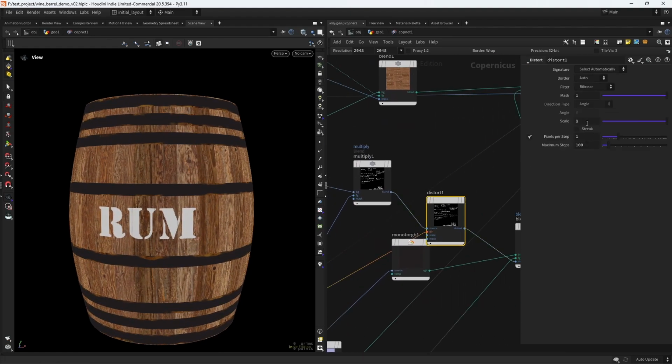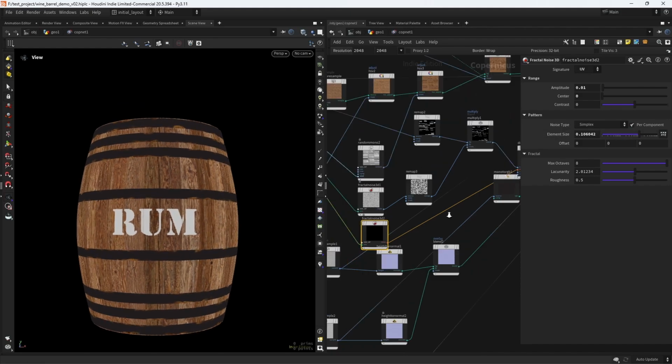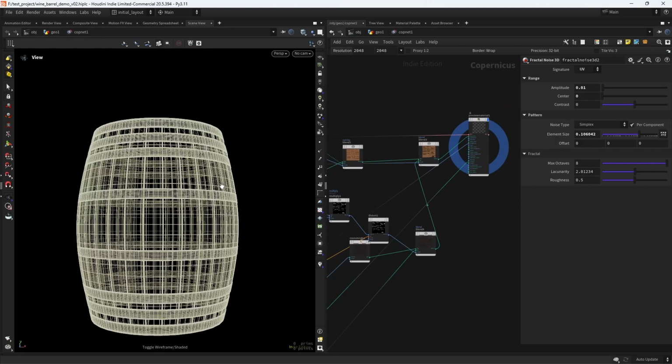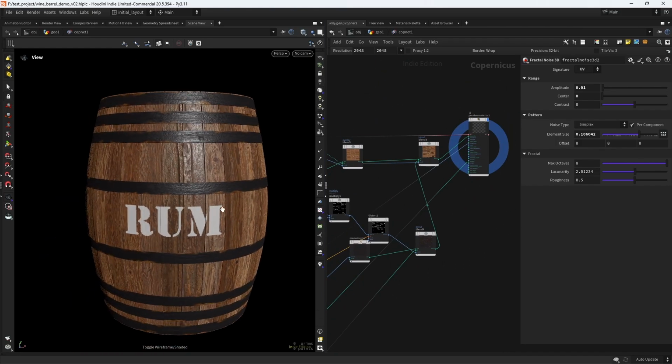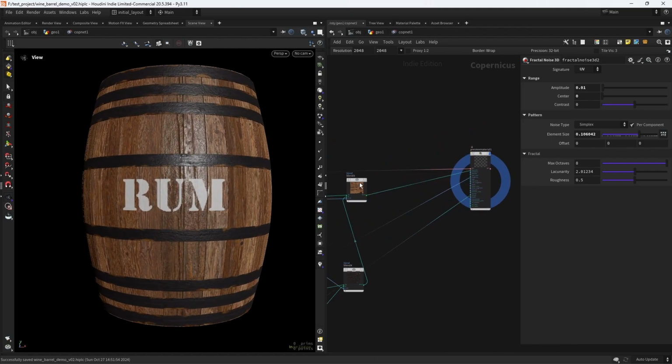Let's maybe play with the distort. So let's see. But that just will give us... So maybe I don't want to spend much time in here. You can play with that and have a better result. I'm just giving you some information so you can play with your own file. Okay, now